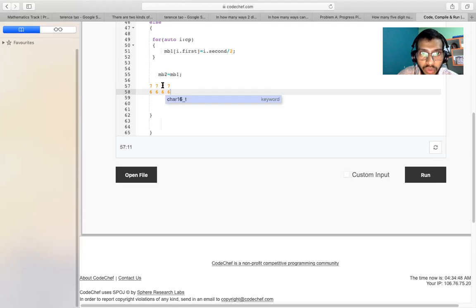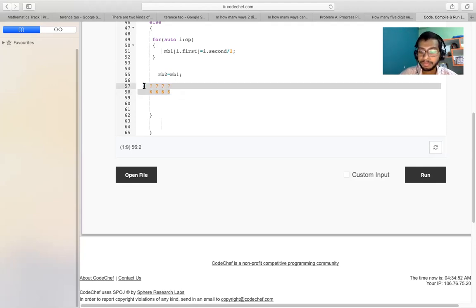So what we have to do is just swap this part only. I have already divided it by 2, so if the frequency is 4, it will return me 2. Let's explain it by traversing.